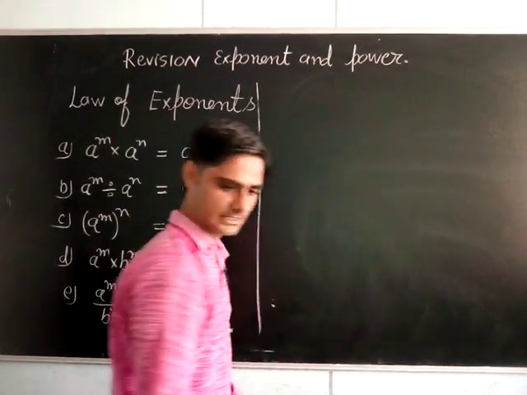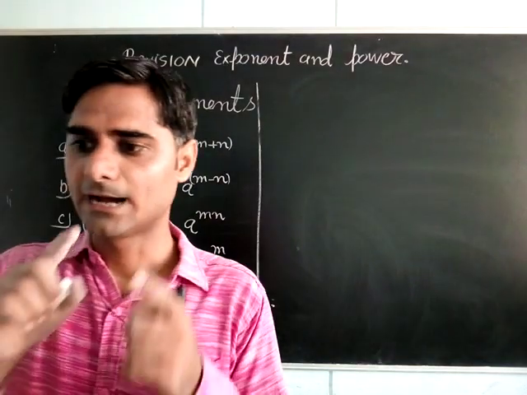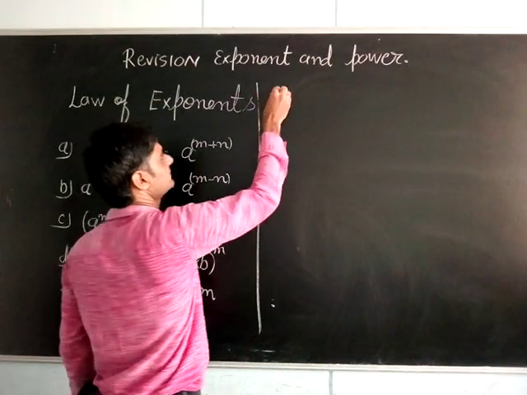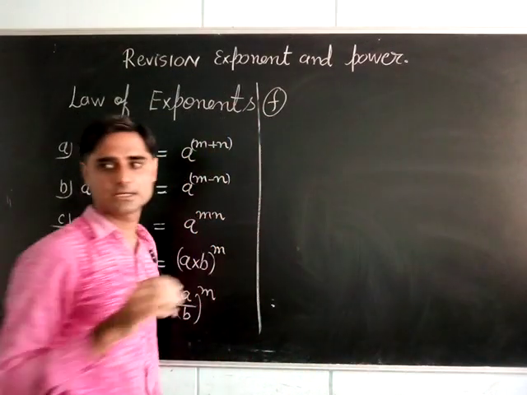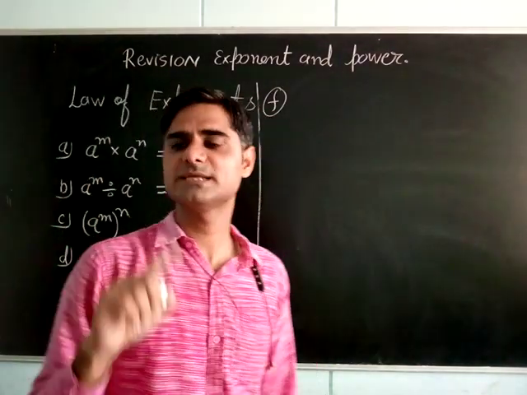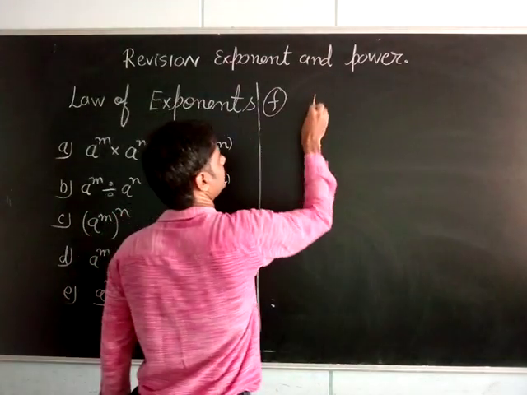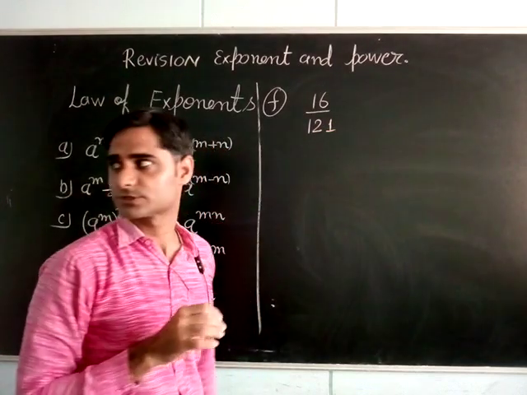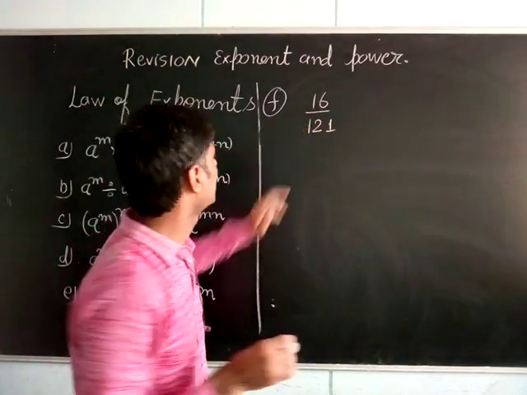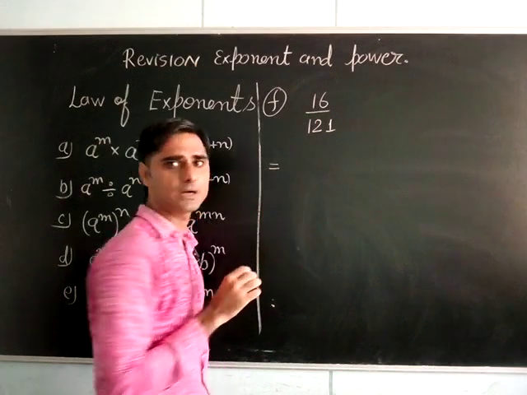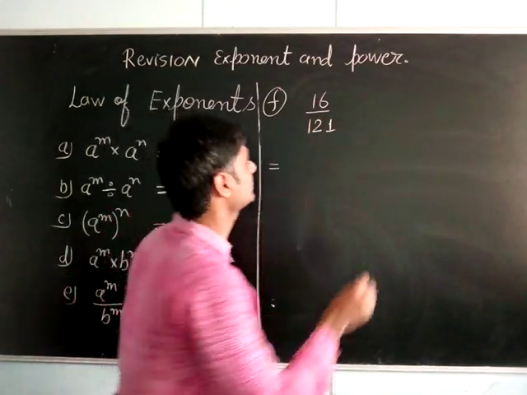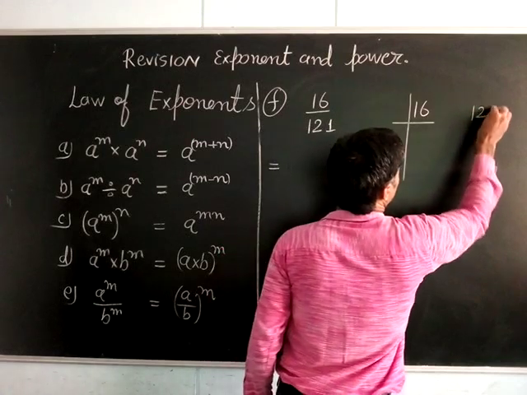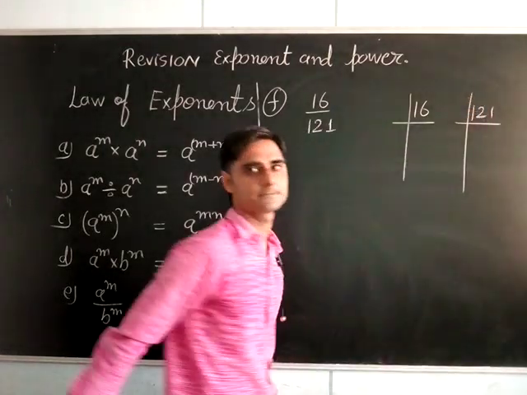Hope you understood. And the next question is, I am taking now the last of the same, that is F, because this division class is going on. So we will take 1 or 2 questions only. Last one is 16 upon 121. This is your last question. Okay. Same. How to change? We have to change into power notation. And the 16 and 121. Let's do the prime factorisation. This 16 and this one 121.